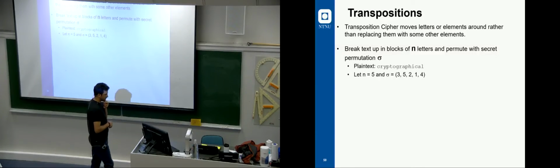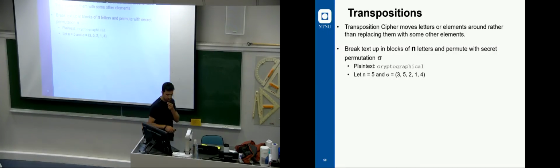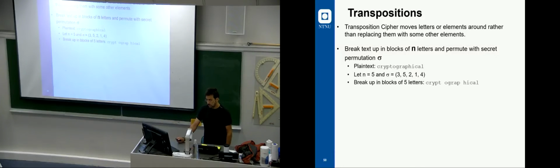What's n? It's the block size, how many letters per block I want out of this plain text. And sigma is the pattern, in which pattern I want that. So after I break this message into blocks of 5 alphabets,